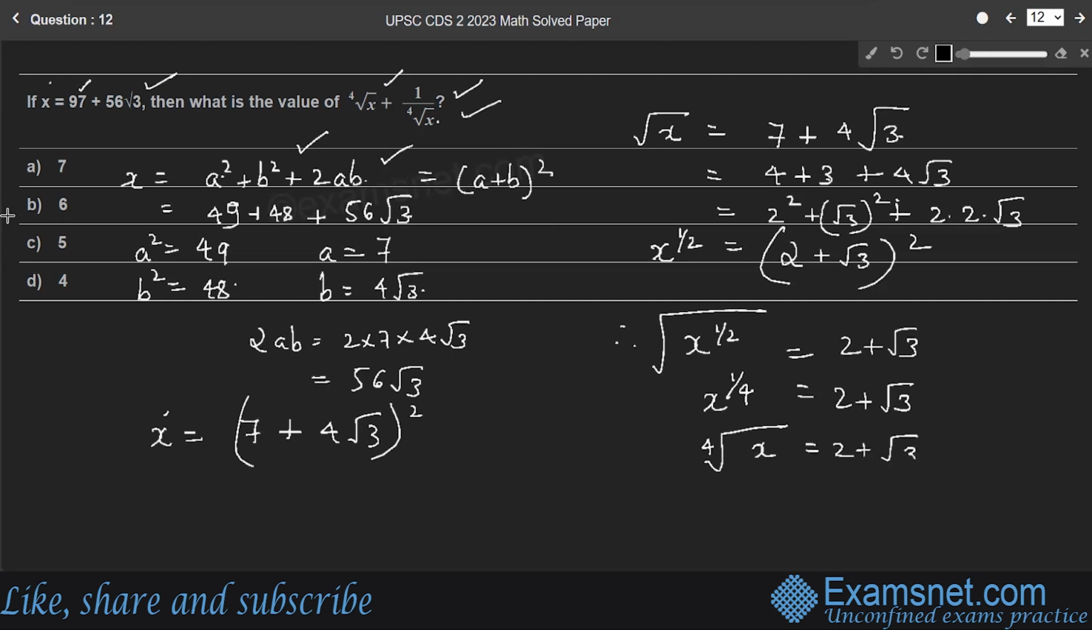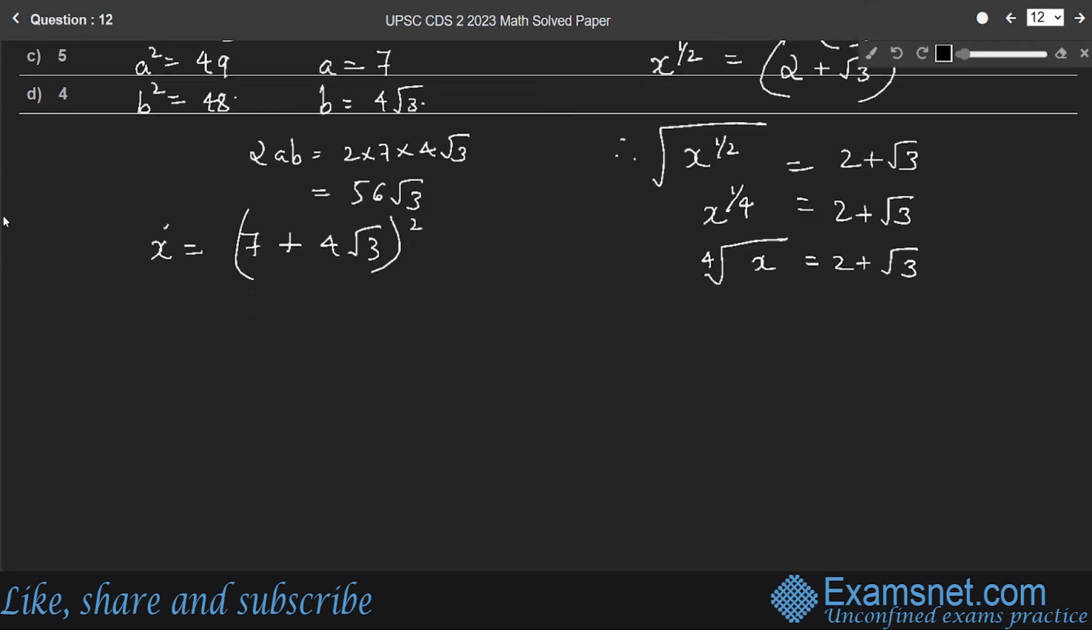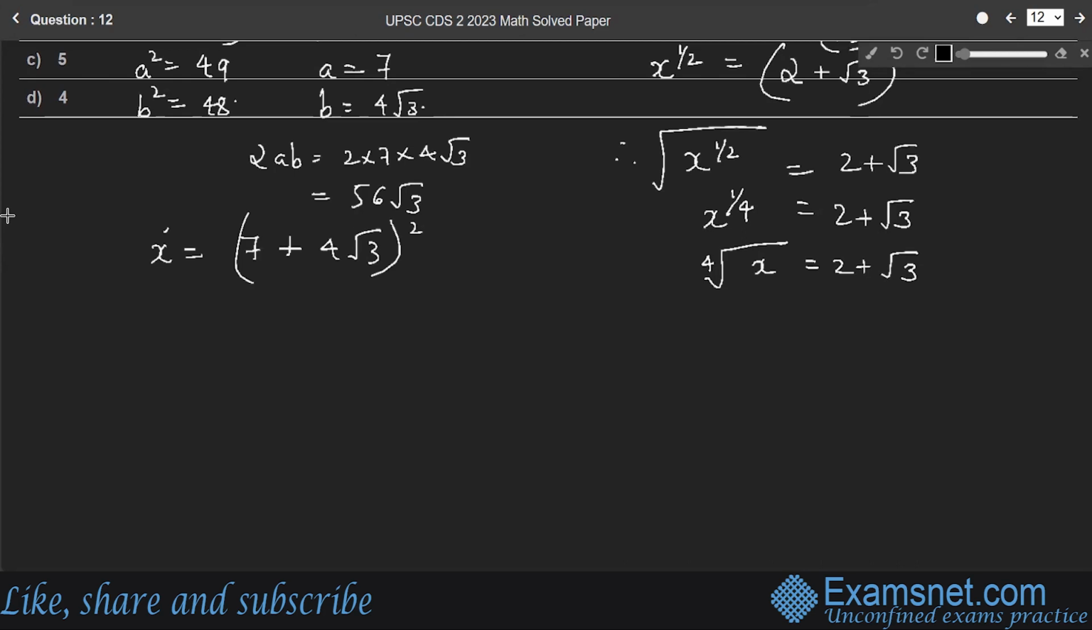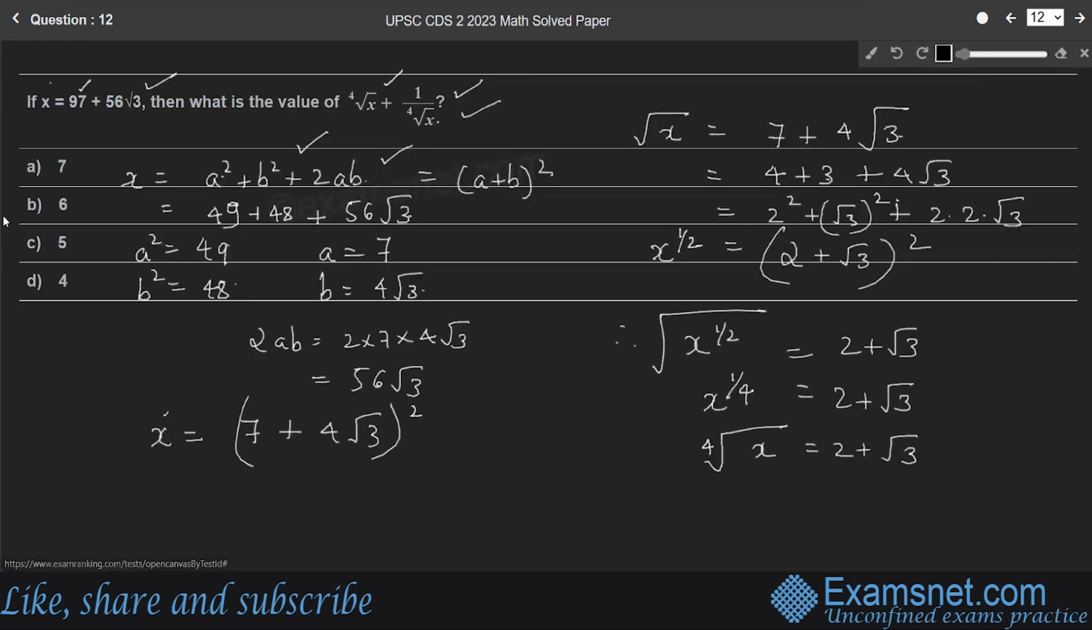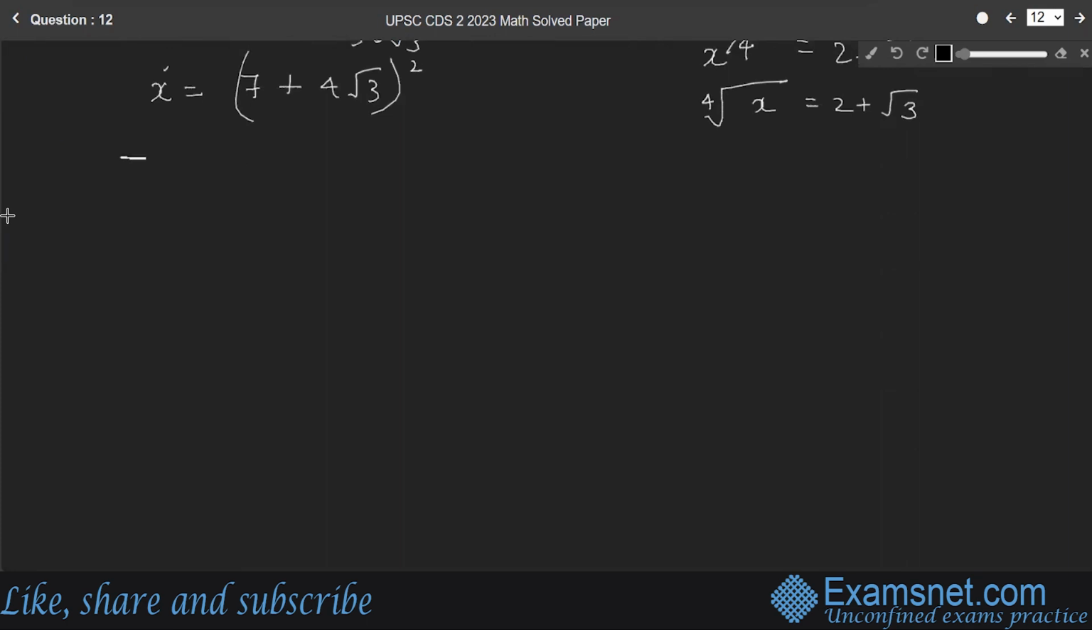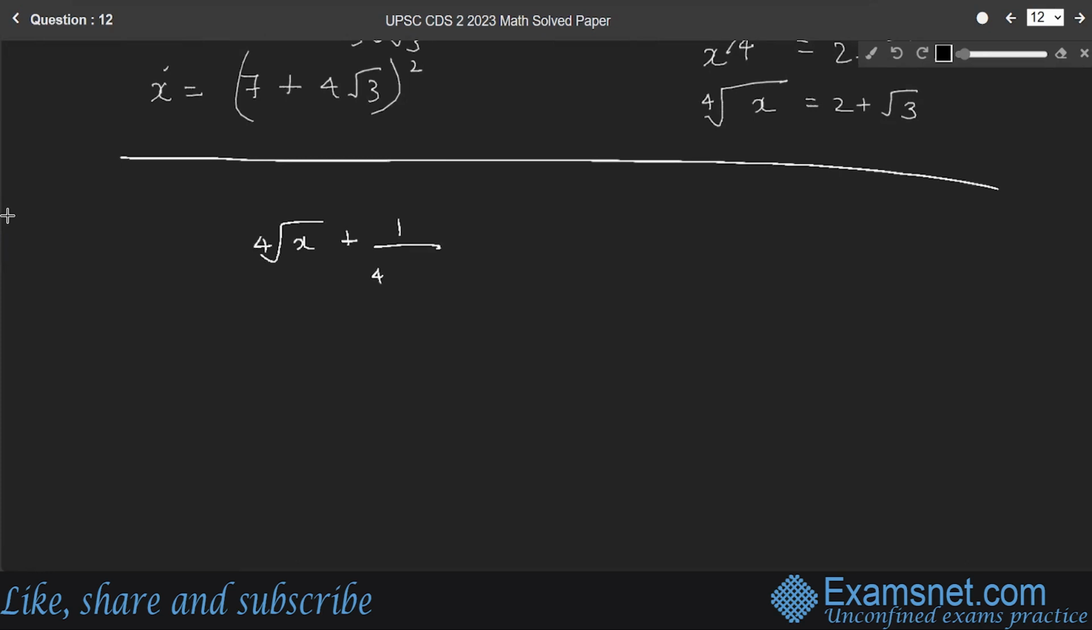Here we need 4th root of x plus 1 by 4th root of x. Simple calculation. So we'll consider now 4th root of 1 by x. Yes. 4th root of x plus 1 by 4th root of x, which is 2 plus root 3 plus 1 by 2 plus root 3. Right? Now,